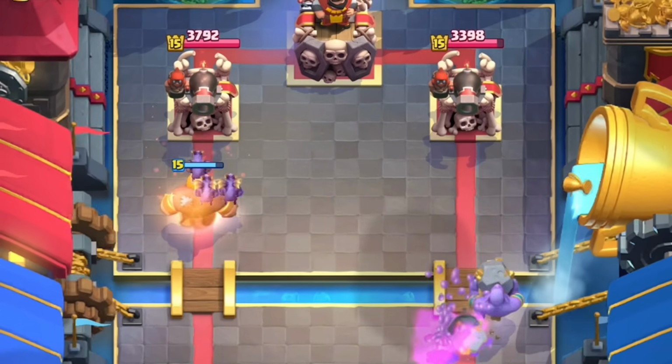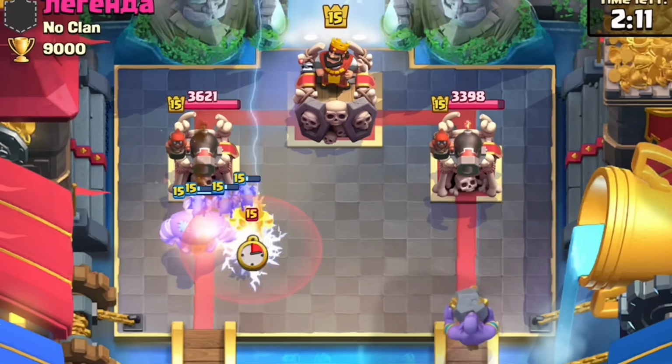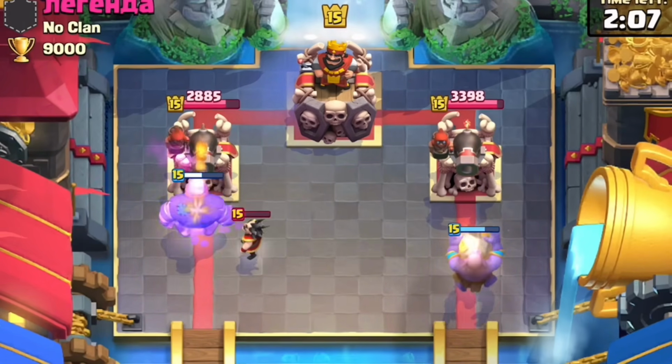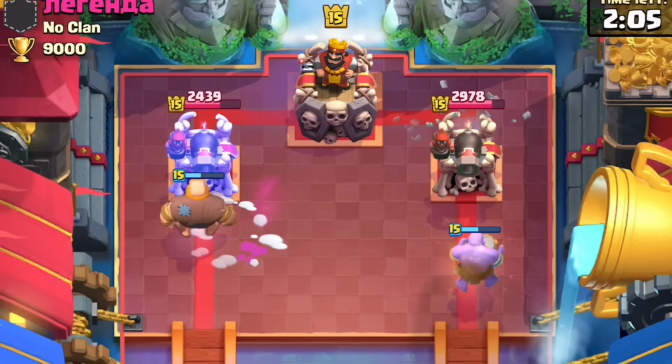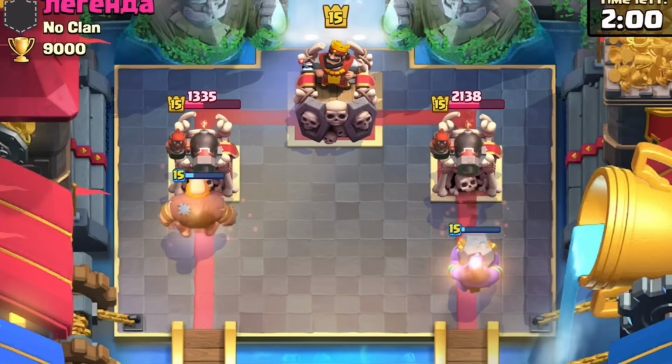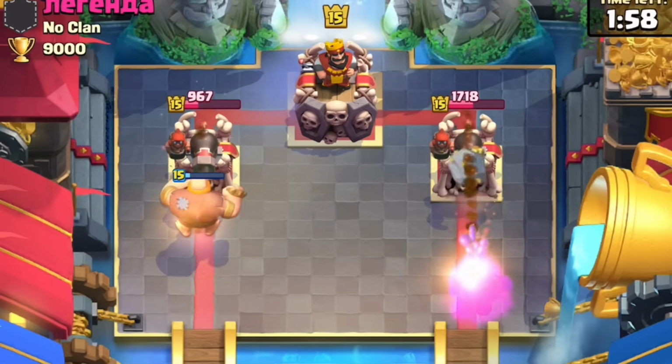He's cheap, so you don't really have to worry that much. Like with Lava Hound, you really have to worry about when you go in with Giant. You don't have to worry that hard about going in with Giant, but it's still going to be really effective to try and counter push with your Giant if at all possible. However, there's nothing wrong with starting up a Giant in the back, because at only 5 elixir, you're not